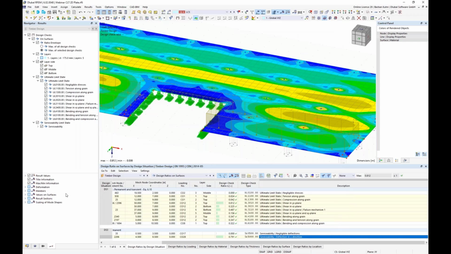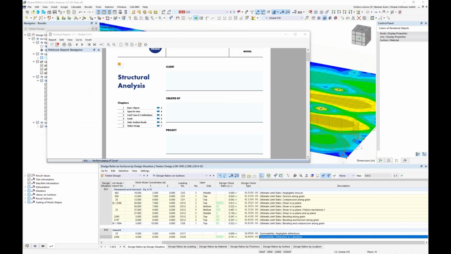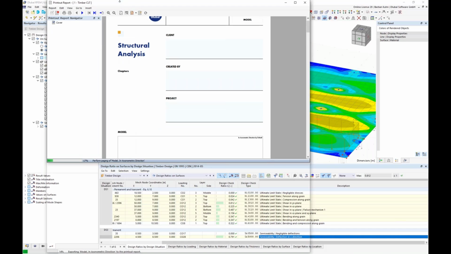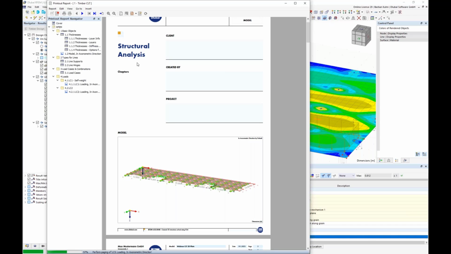And now we can open the protocol. I must see it's somewhere on the other screen. There it is already, I think. Oops. Hold on. Yeah, there it is. Okay, now it's loading all the pictures into it. You see it on the left side, but as I said, it has been opened all the time. And now it's printing the pictures of the load, the results of the